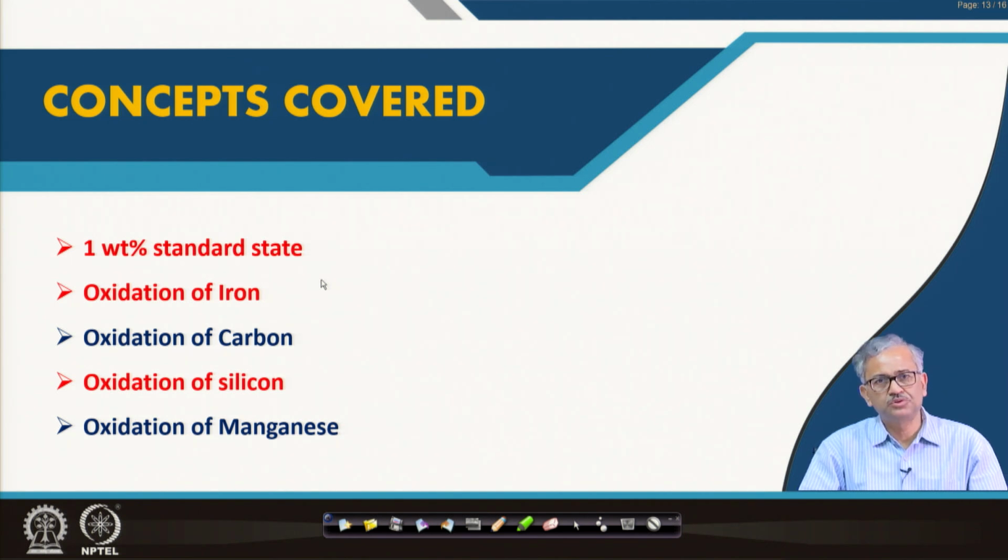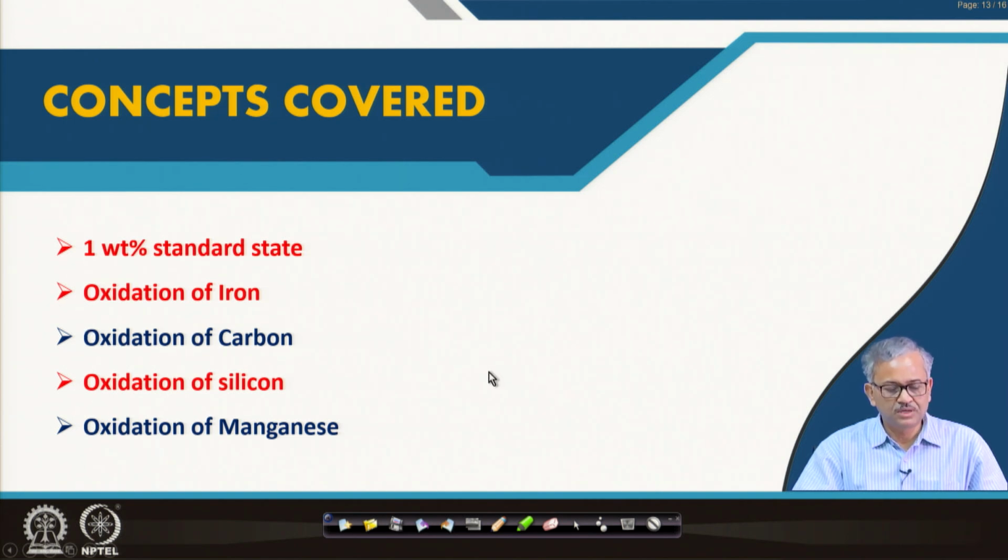So, it is a very dilute solution, and if we want to express the activity of the impurities with respect to pure solid at the standard state, then the activity value becomes very small, of the order of 10 to the minus 3 or minus 4. So, it becomes very inconvenient. So, usually the activity for impurities in liquid iron is expressed in terms of the 100% standard state. I will discuss that, and then I will talk about the oxidation of iron, oxidation of carbon, oxidation of